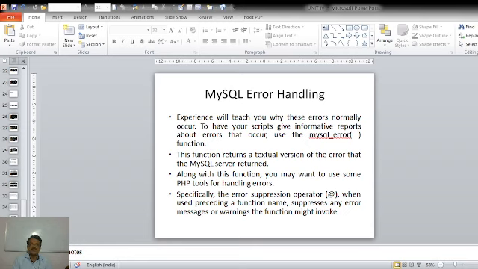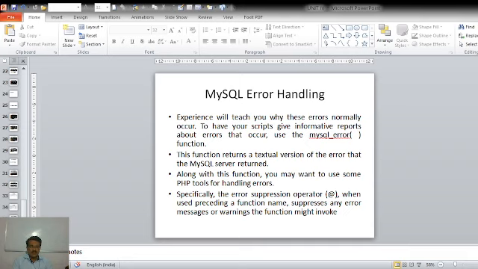And what is that tool's name? Specifically, it is the error suppression operator. So along with this mysql_error function, we use the error suppression operator denoted by the @ symbol. When used with a function name, it suppresses any error message or warning that the function might invoke.